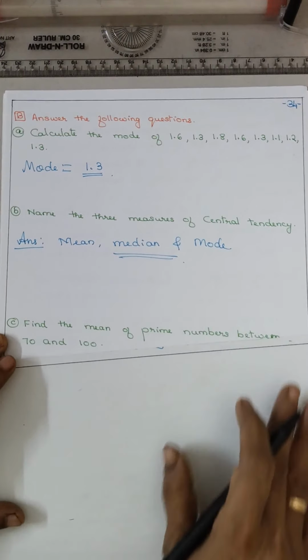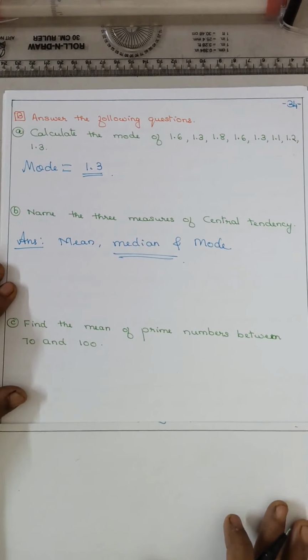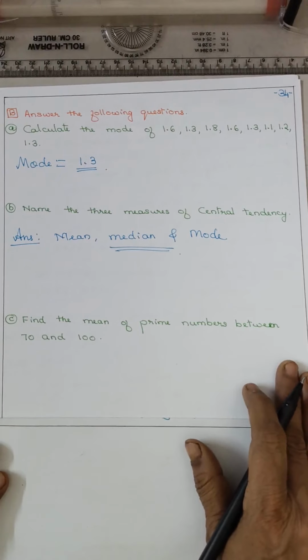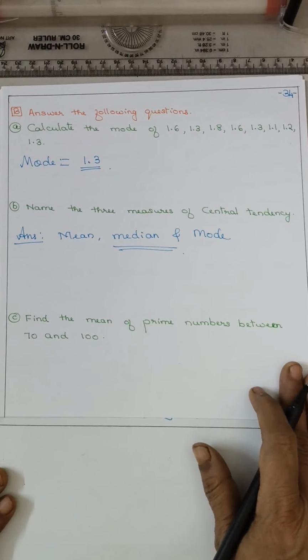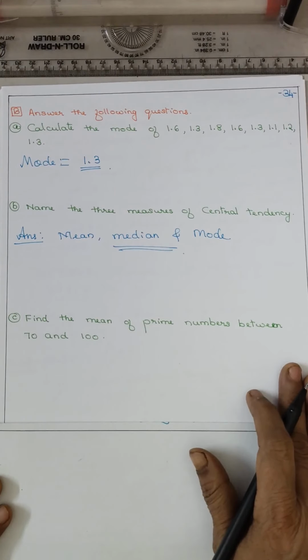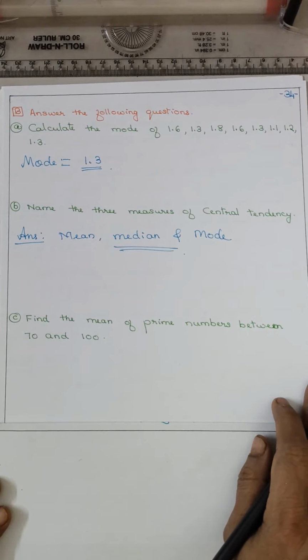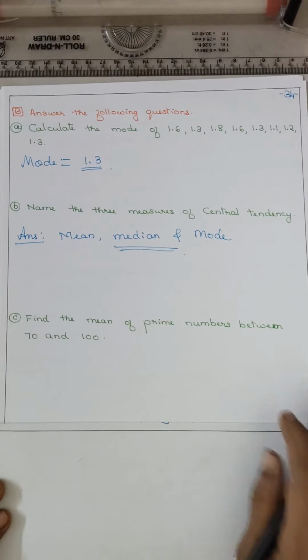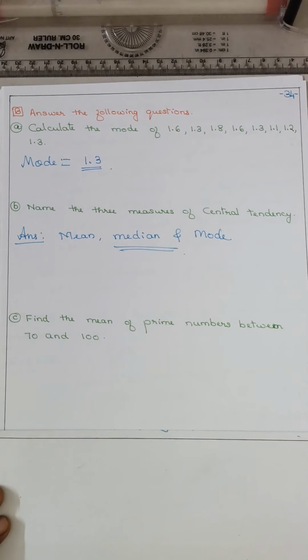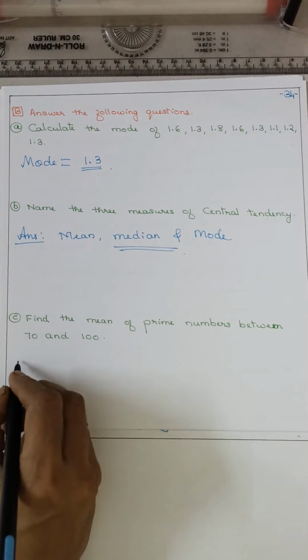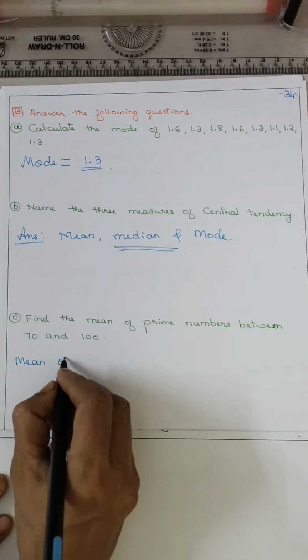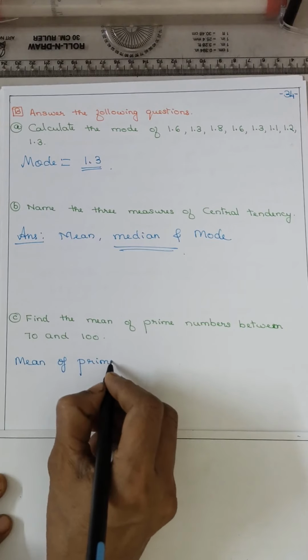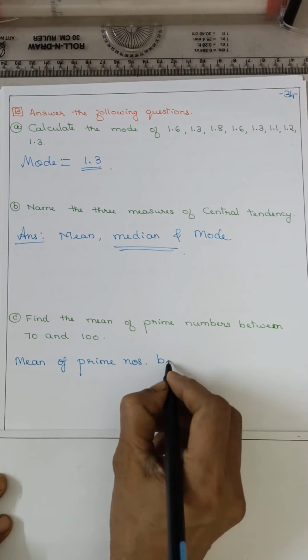Now coming to question number C. Find the mean of the prime numbers between 70 and 100. For this you should remember the table of prime numbers from 1 to 100. In 5th and 6th standard, you might have revised this table, isn't it? So it is the mean of prime numbers between